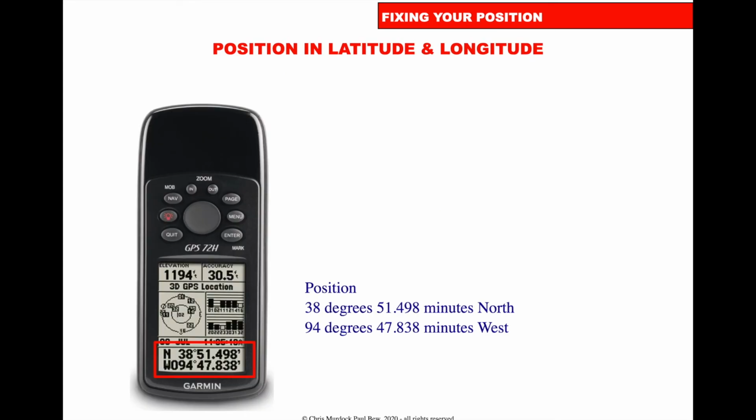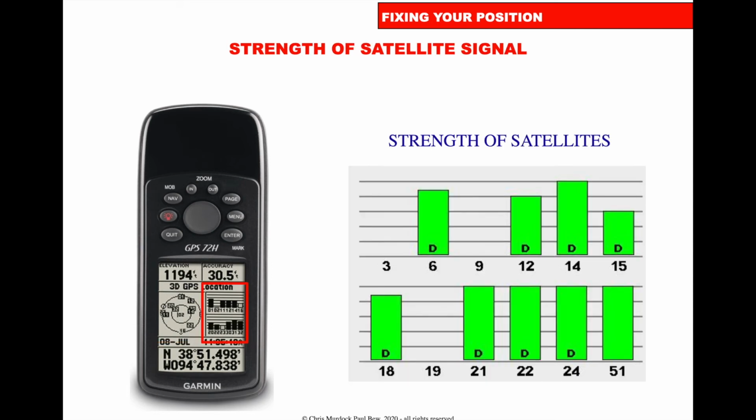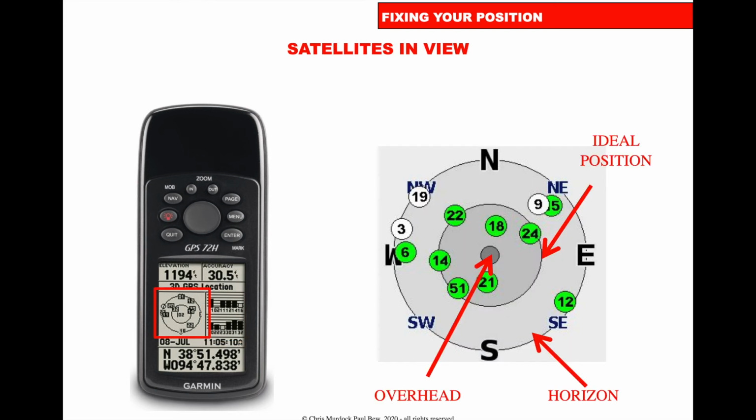So on your GPS, here's a handheld one. We can get position in latitude and longitude, and it will give you the strength of the satellite signal, and it will show you where the satellites are and the strength for getting them. There we go. This is where the satellites are. So if you look straight overhead from that arrow, I will see where the satellites are,